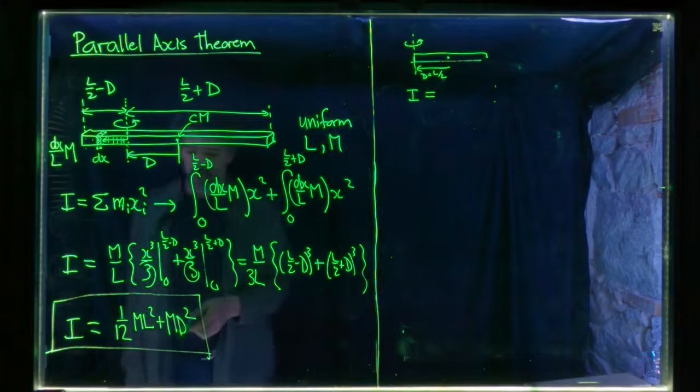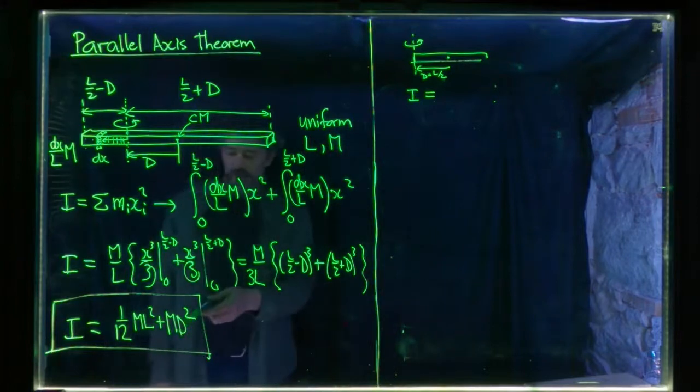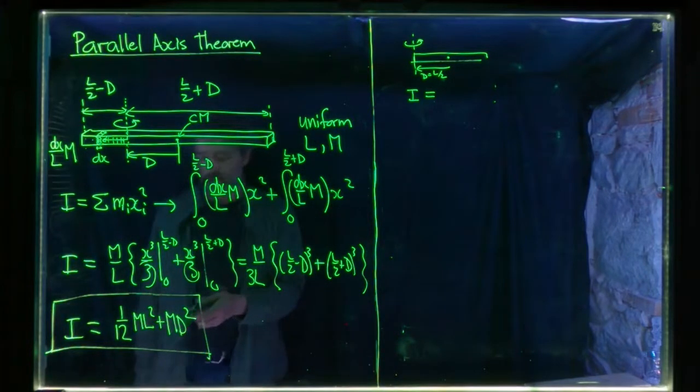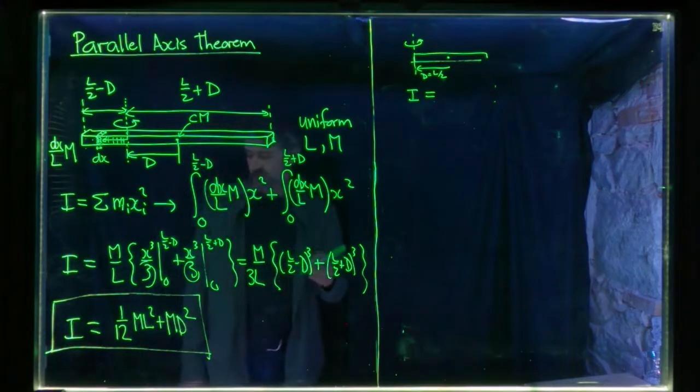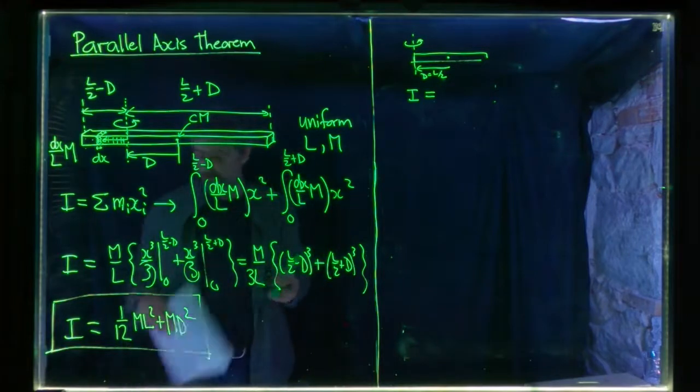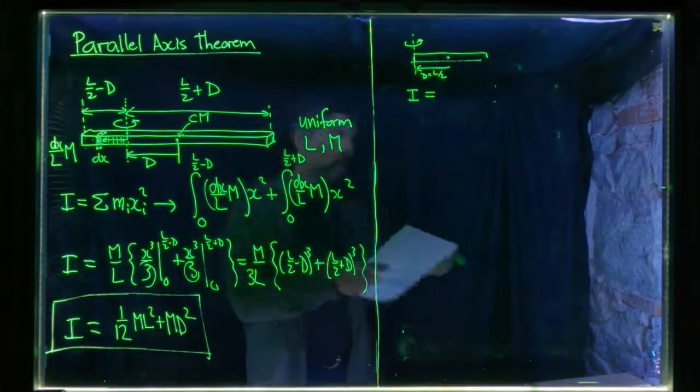So in this formula, we stick in L over 2. L over 2 squared gives a quarter m L squared, plus 1/12 m L squared. 4/12 is 1/3. So we're going to get 1/3